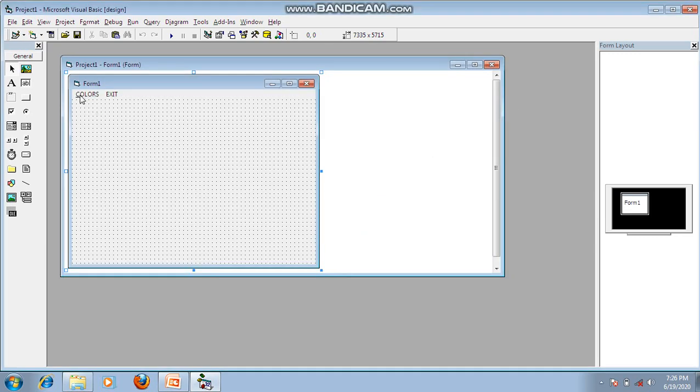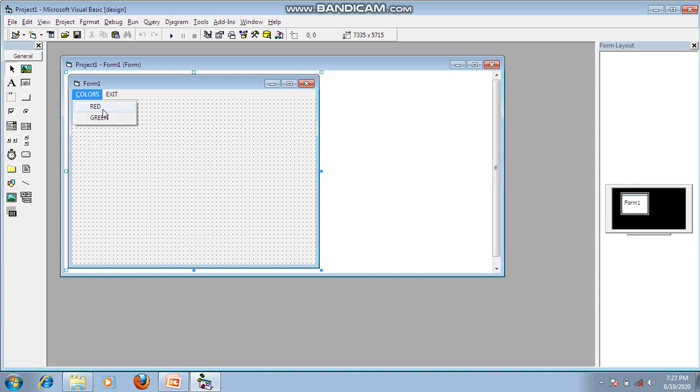Okay, so when you click on these colors, it shows two menu items, red and green, and the underlined C means it is activated with the Alt key combination at runtime. So when you click on this End, that means Control X. This is the shortcut key. Shortcut keys are assigned with the Control key combination. Access keys are assigned or activated with the Alt key combination, okay.